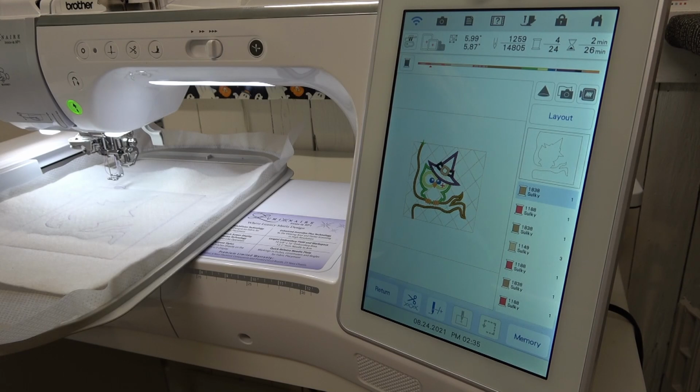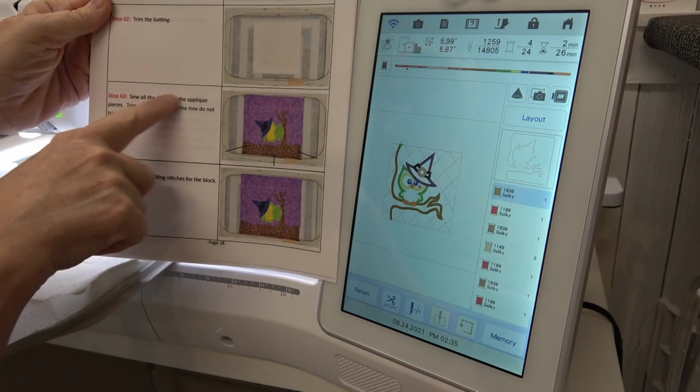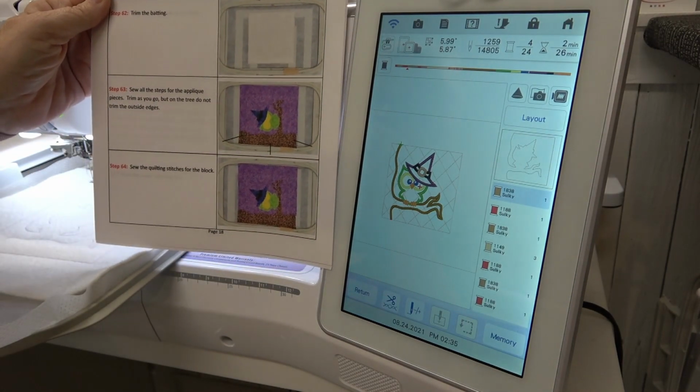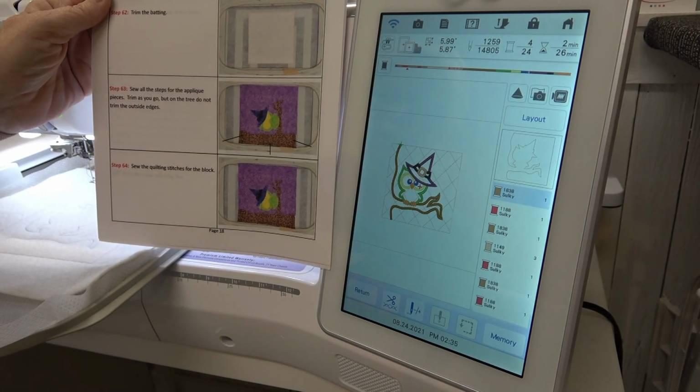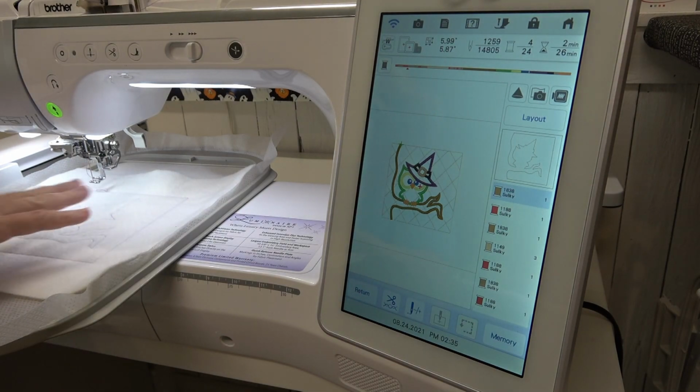I think I screwed up a stitch. This just goes trim the batting and then sew all the steps for the applique. It doesn't tell you exactly what goes down first. So what I need to do, let's see what's up next. The tack down line. Okay, so I don't need to do anything. I'm in the right order, but the first thing I need to do is put down